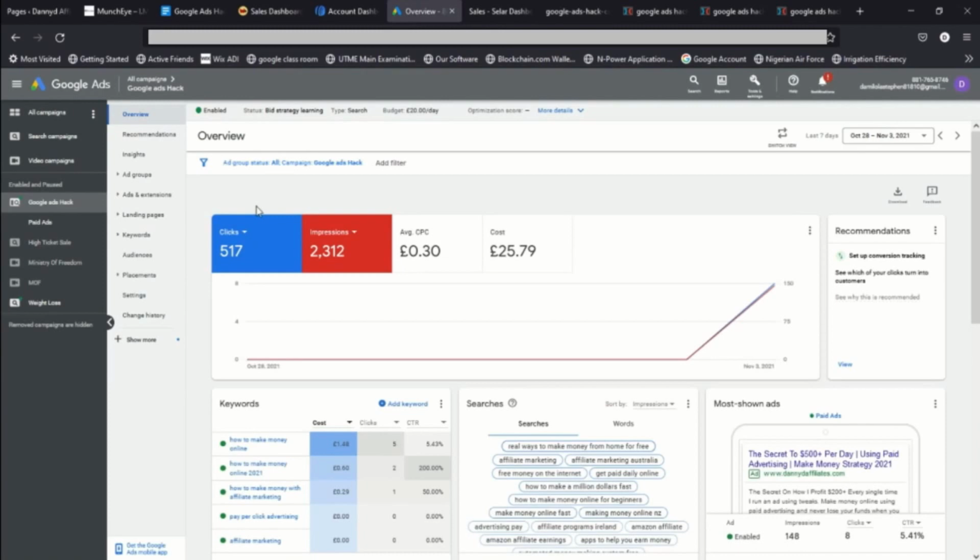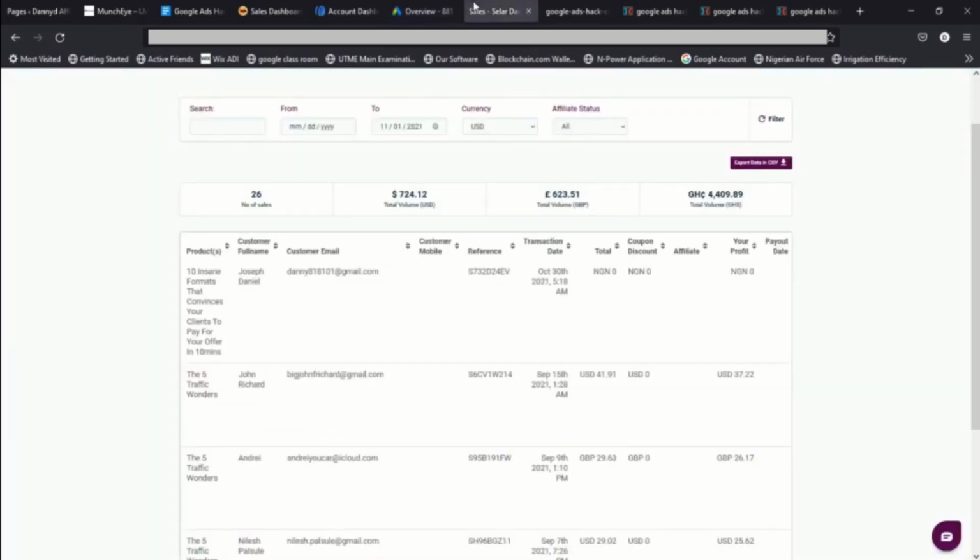Here is my Google Ads dashboard, and this is where I run my campaigns. On the left side, you can see Google Ads Hack. I launched this product before, but I actually make sales from the other account where I launched it.